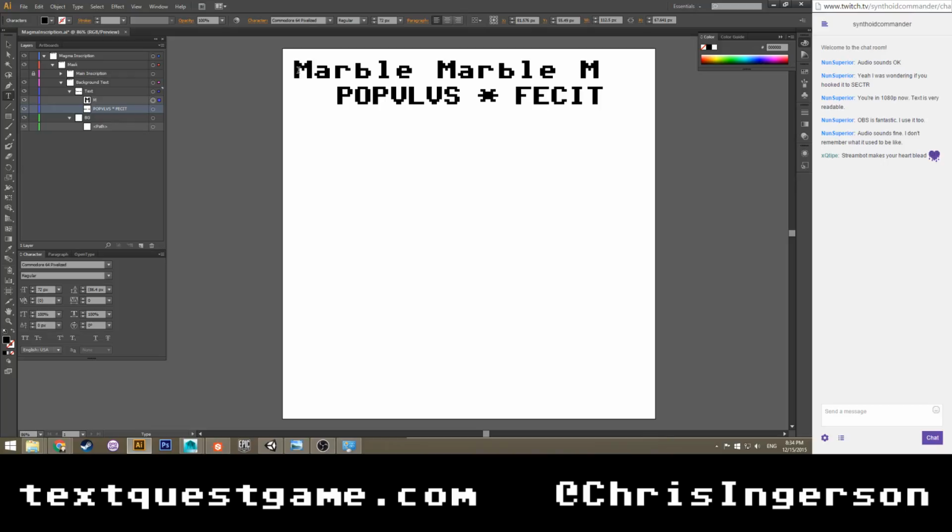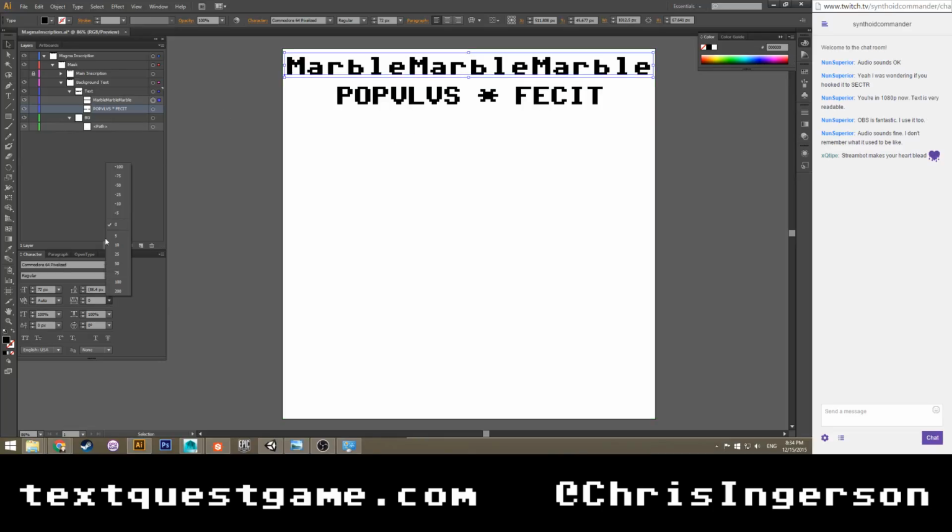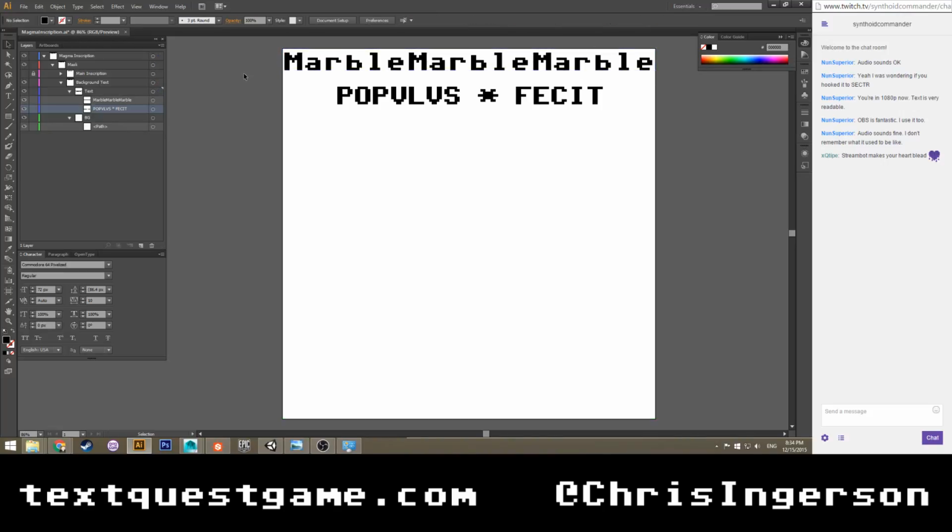Let's get rid of our spaces. Oh, wow, that worked out great. Well, almost great. Space it out to 10 more than normal. Okay. So now they're really, really close to being tiled properly. Yep, that looks about right.